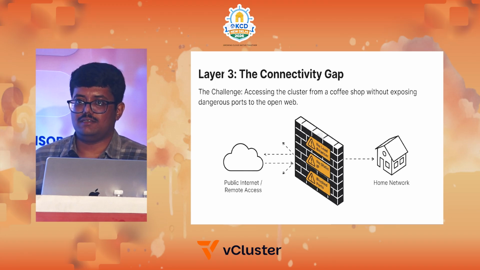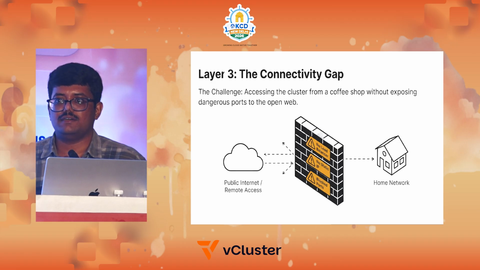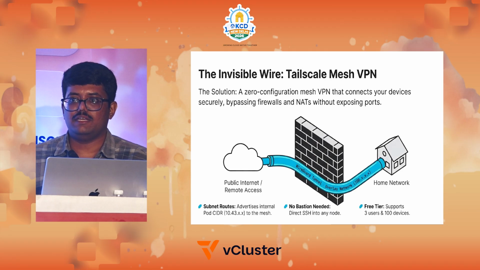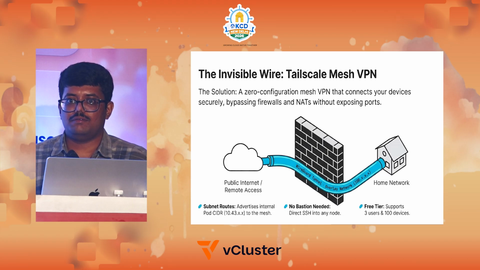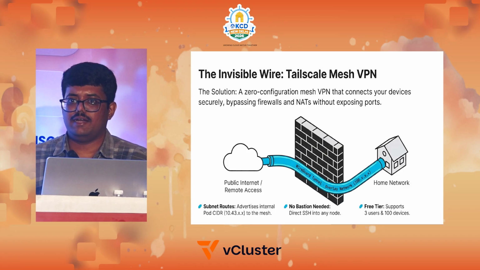For that, I'm using something called Tailscale. Tailscale is based on a technology called WireGuard, and it's essentially a distributed VPN, where you don't have a single centralized node to connect to. If your nodes are part of the mesh network, they are connected to each other